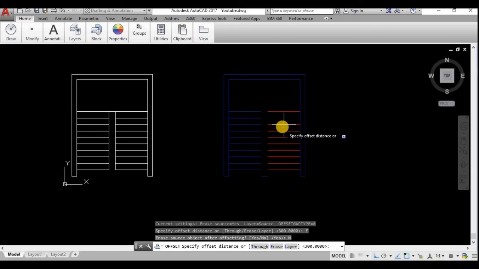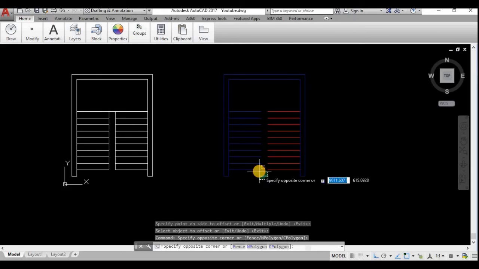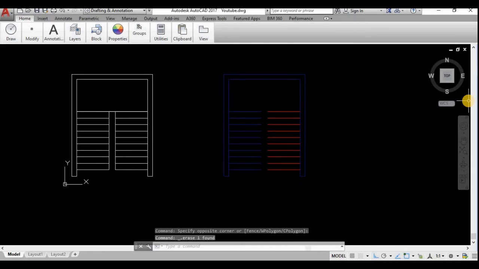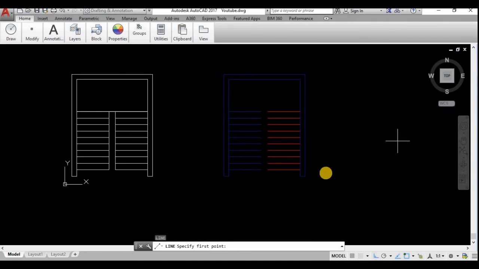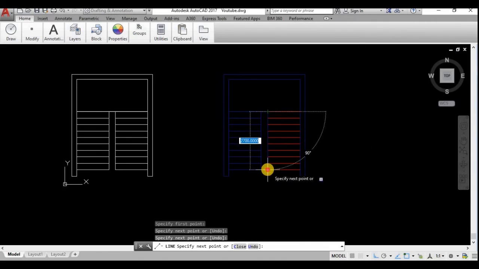If I give no, see here, if I have given erase no, the source object will not be removed. Okay, so I have drawn the staircase, stair hall using offset lines.